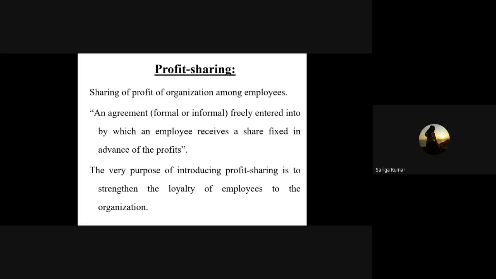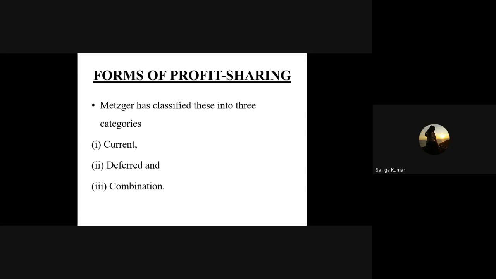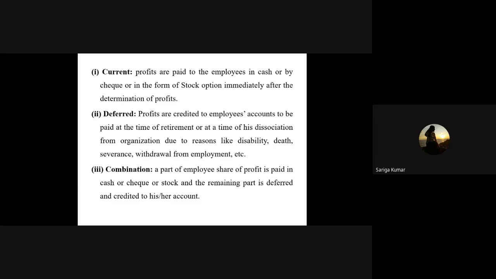Employees become more loyal to the organization because they know that if they give more profit to the organization, some amount of the profit is going to be shared among them. Next, we have some types of profit sharing, which Metzer has classified into three categories: current, deferred, and combination. Now, current always means it is paid to the employees in cash, no doubt,